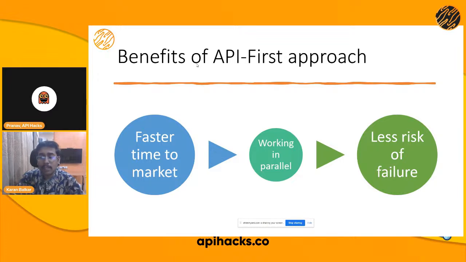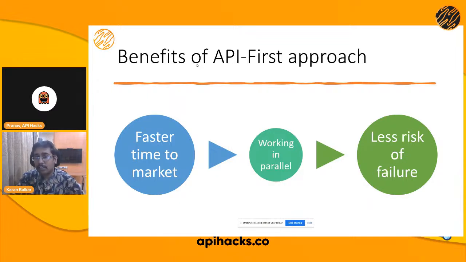So here there is of course a faster time to market, because in the case of a code first approach, this would eventually take a lot of time, because if there are any changes, you would have to go back to the backend team, and this process would continue. Eventually you would not have a product that could be released. But in the case of an API first approach, there are chances of you getting that initial version, I would say that MVP, or minimum viable product, released beforehand. So that is basically one of the advantages.